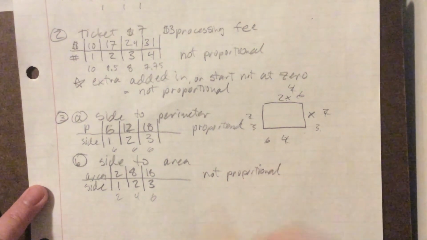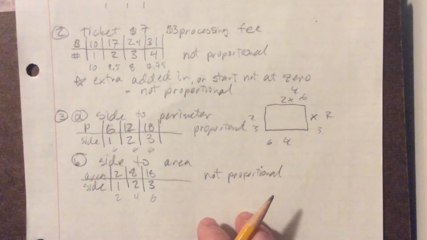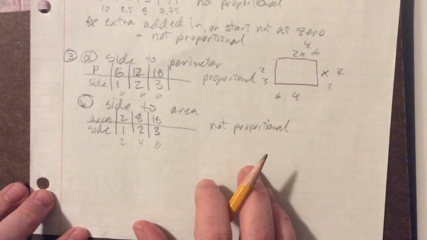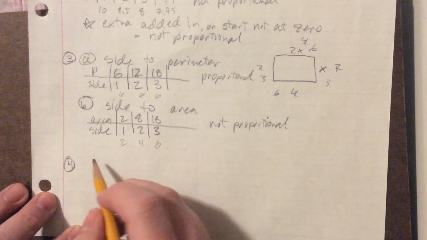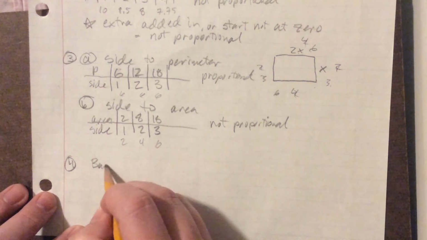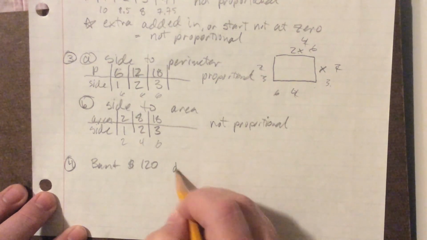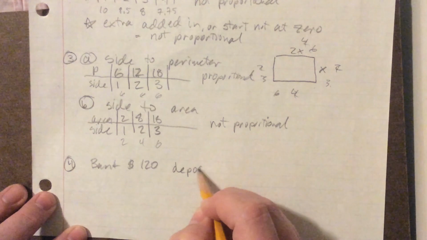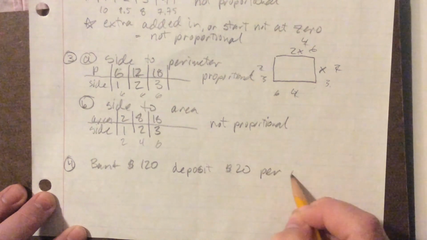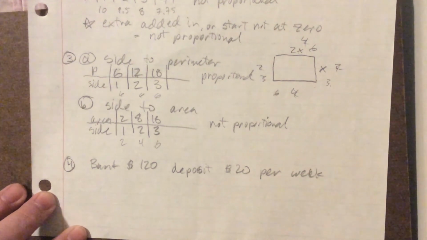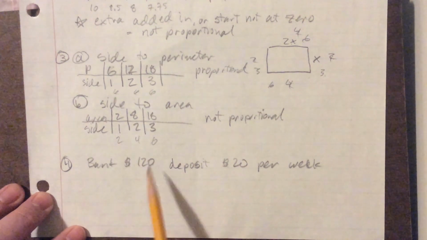Is there a pattern to it? Absolutely. But it's not proportional. Okay. And the last example is you start with a bank account of $120, and then you plan on depositing $20 per week. Now, without doing the math, I'm just going to say, because we start out not at 0,